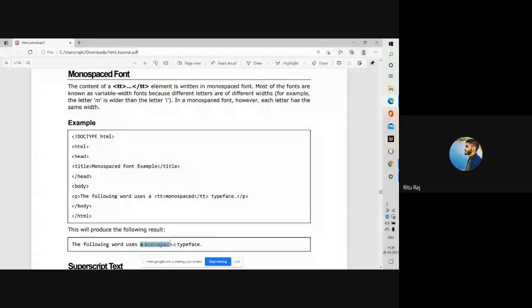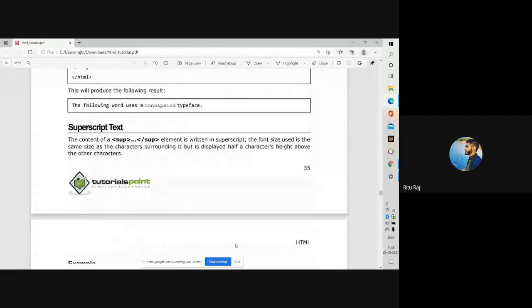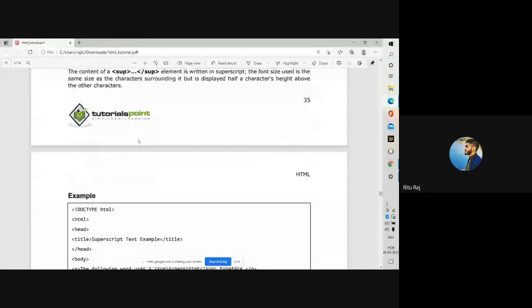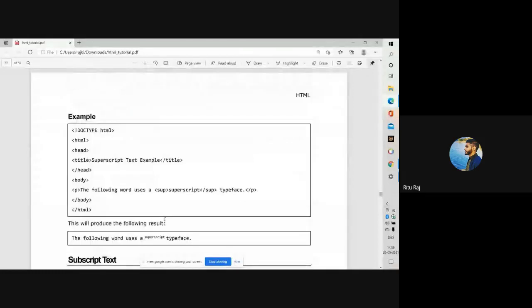And here is superscript text. The content of a superscript element is written in superscript. The font size is the same as the characters surrounding it, but it is displayed half a character above the other characters. Here you see the title is superscript text example, and when you use this text in between, the superscript has become like this.